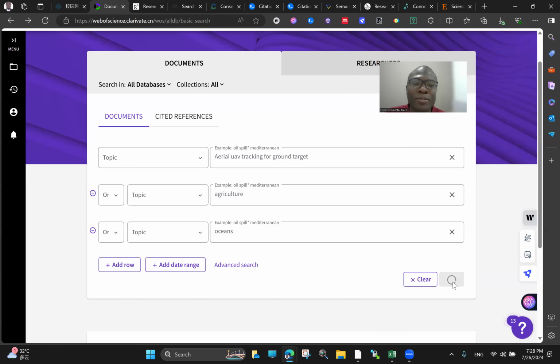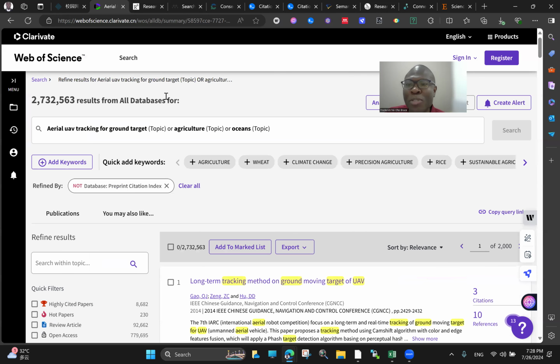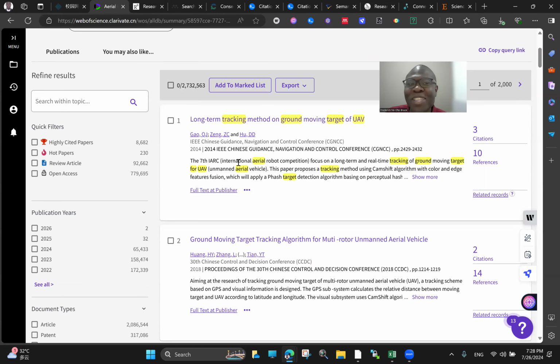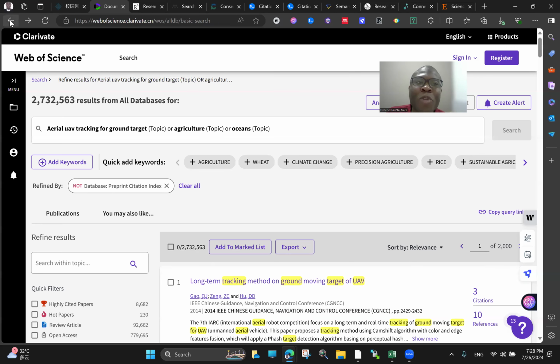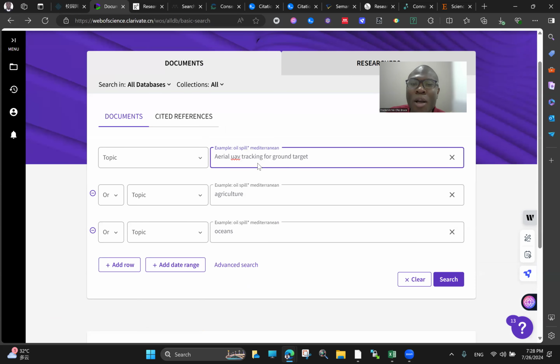Okay, so let's search. From 738, we've expanded it so much to 2 million. That's if I'm right. Yeah, 2 million, and you cannot read all this. So with Web of Science, the more you refine your searches, the better. So let's try and break it down. Area UAV tracking